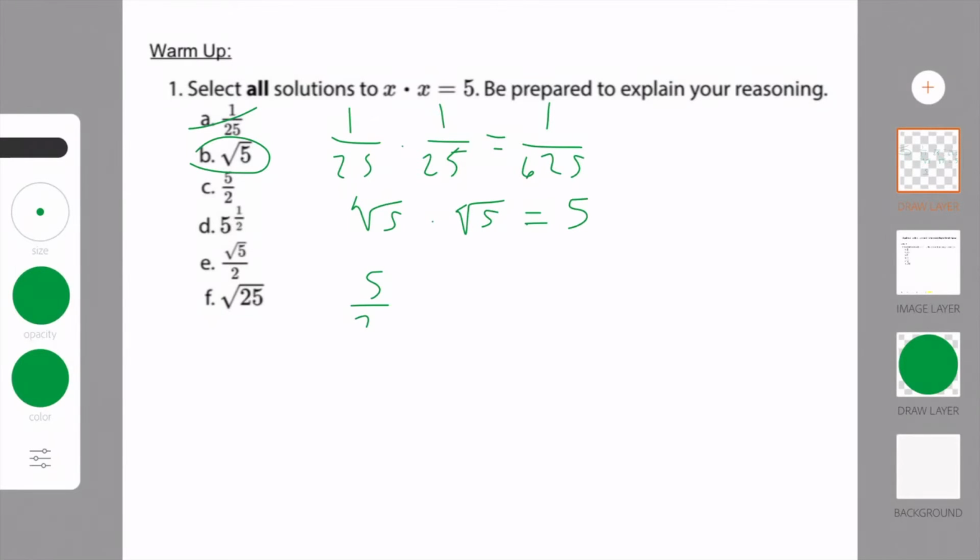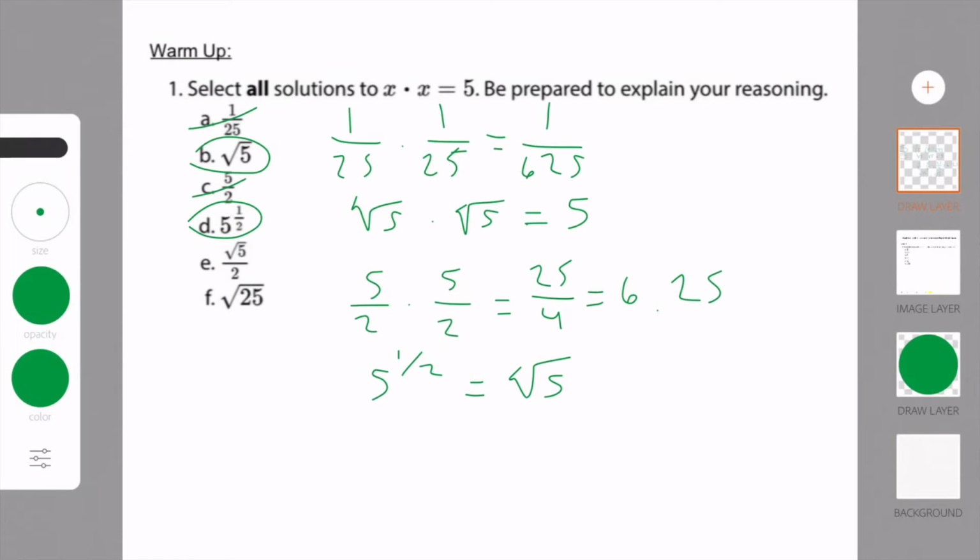For part C, it's 5 over 2 times 5 over 2 equals 25 over 4, right? That's equal to 6.25. So we can cross that one off as well. Part D, 5 to the power of 1/2 is the same thing as radical 5, right? And we already tested that one out in part B, so we can automatically assume that that one is correct